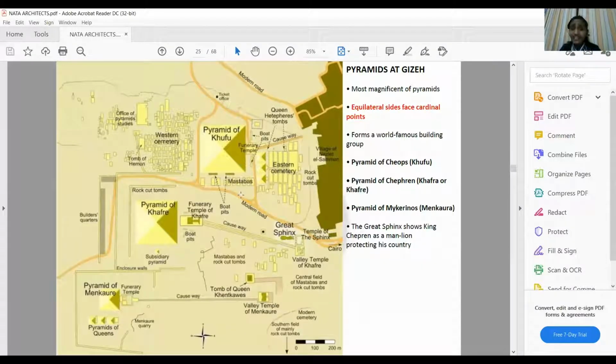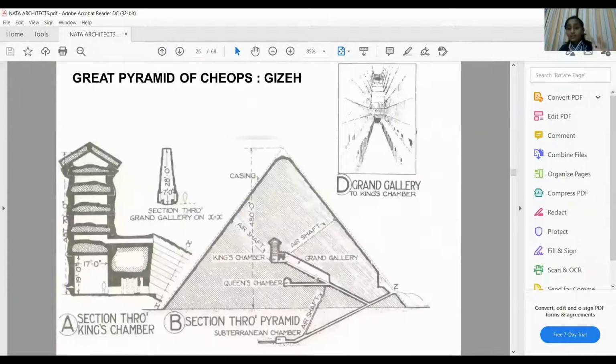So they had these initial stages, that is the mastabas. You can clearly observe it in the plan. They even had tombs for their queens, then had this avenue which takes you to the entry of this particular pyramid complex, which is guarded by these sphinxes, that is nothing but a lion's body with the face of the pharaoh, right? And this is one of the images which shows the interior of one of